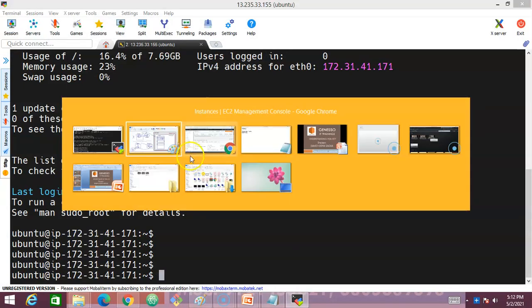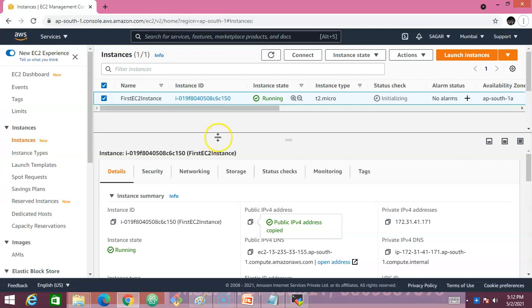And I would like to show you one more thing. Once you're done with the usage, or once you're done with the working of your EC2 instance or the Linux server, ensure that you stop your instance. If you do not stop your instance, it will add up to your billing. So in order to avoid any unnecessary billing for your account, you always ensure that you stop your server. Look at the instance state here, which shows it is running. Whenever it is running, it means that your instance is running currently.